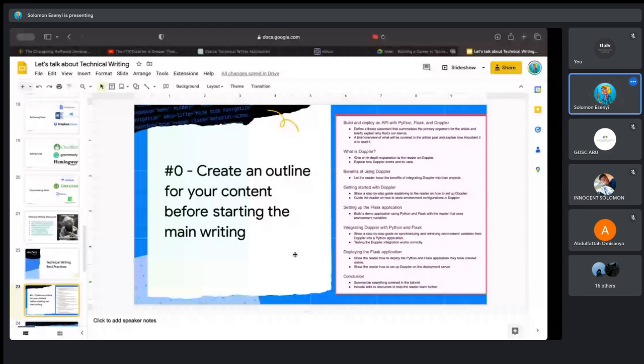It's more or less like when you're writing a code project, and you have a requirement document, or a structured document of how every part of the app would interface with every other part of the app. That is the same kind of thing in technical writing. So you just have a skeleton of how your article looks, and it helps you create better content.